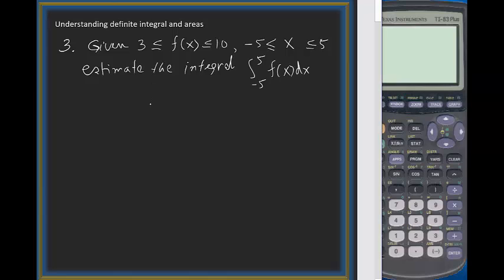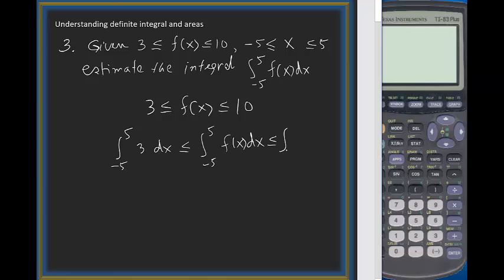We have 3 less than or equal to f(x) less than or equal to 10. Now you can take the integral on each of the sides. Integral negative 5 to 5 of 3 dx less than or equal to the integral negative 5 to 5 of f(x) dx less than or equal to negative 5 to 5